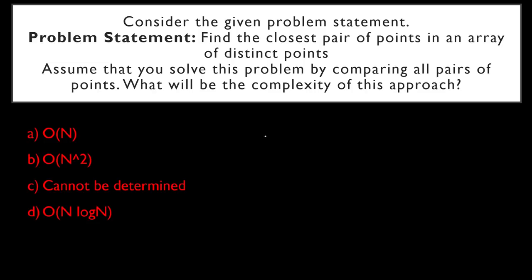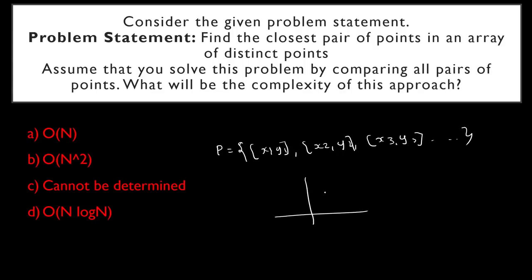Now how will the input for this problem be, that you need to understand before understanding how to solve the complexity. For this, let us suppose we will have a two-dimensional array called P, and this array will have a pair of x and y of points like this. So this will be x1 y1, x2 y2, x3 y3, and so on. I hope you understood now. Let us suppose there is a point here. This is the x and this is the y value of this point. So for every point the x and y value are given. It may be positive, negative, or whatever it is.